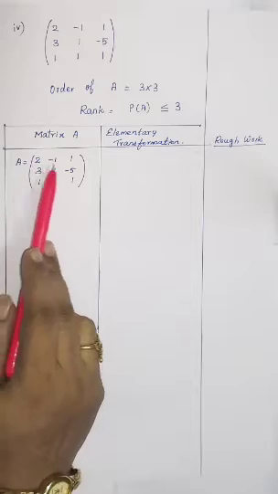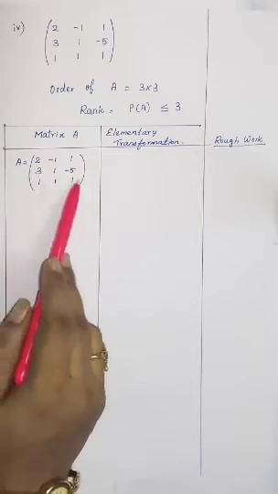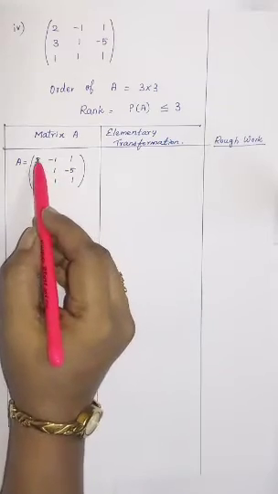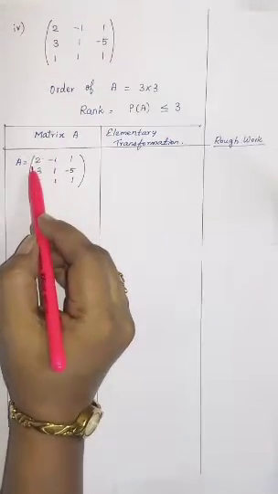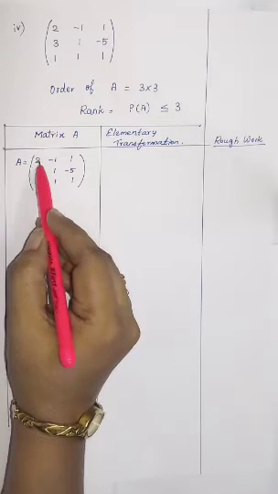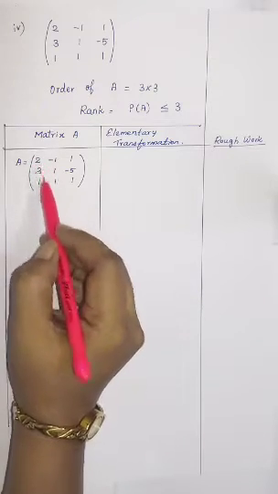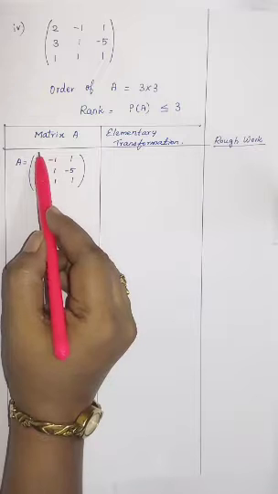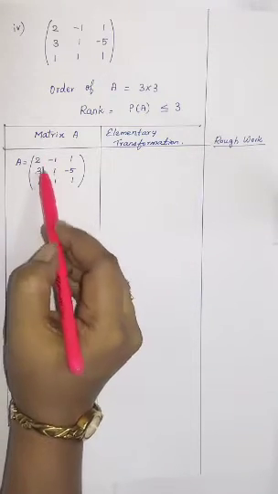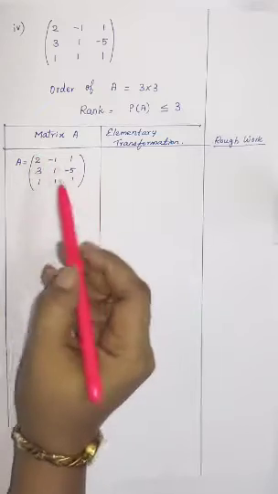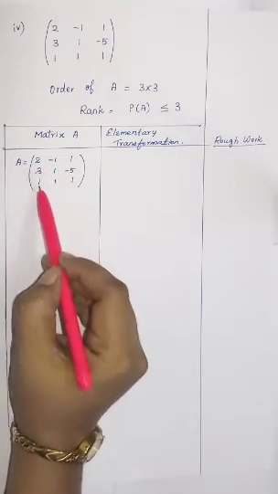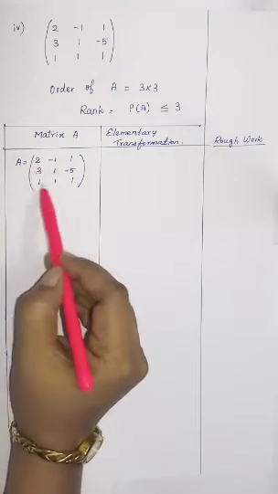A is equal to [2, -1, 1; 3, 1, -5; 1, 1, 1]. And the first step is, in your first row and first column, that is in this place, you should have the smallest number, smaller than these two numbers. Otherwise, fix that 1 should be there always. If you are able to make 1, you can make it, otherwise see that it should be the smallest number here. So now you can see 1 is here and 2 is here. So what I am going to do is interchange your row 1 and row 3.